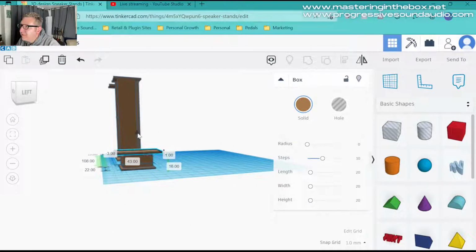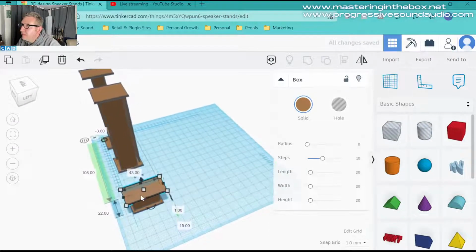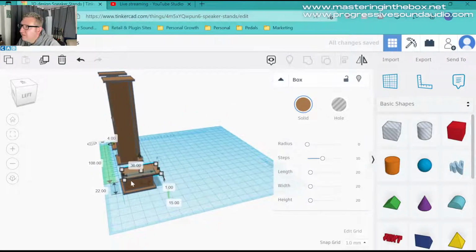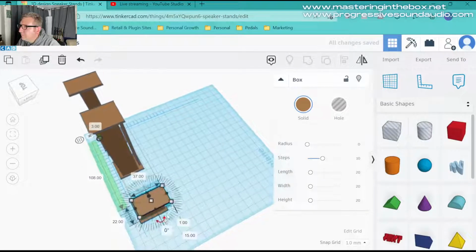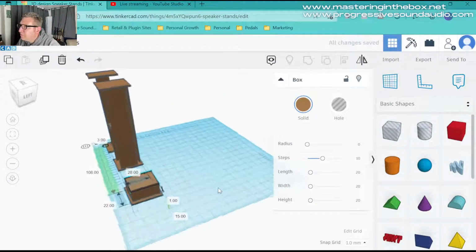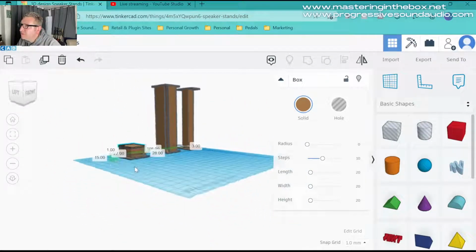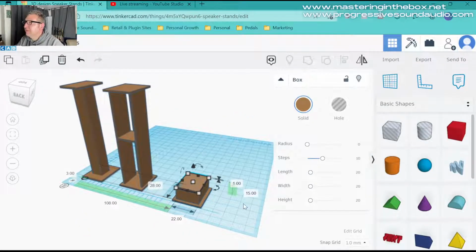Let's move that down. It should be, yep. And this can come in. Come over one more. So that should be flush with that. So that's created almost a box. So that's going to add, so we've got a sandbox in the bottom of the stand there. So you could fill that full of sand, add the caulking around it,